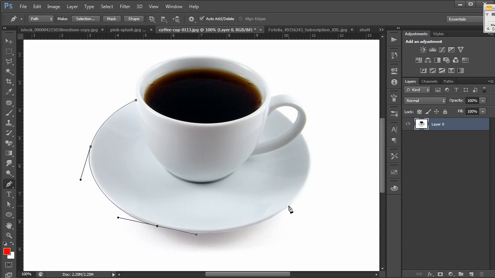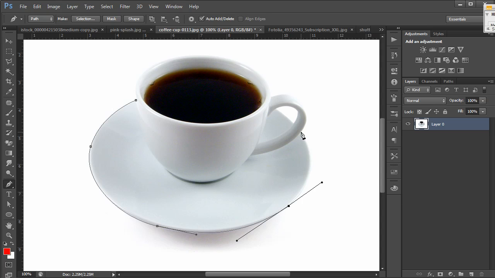So I'm going to go to a nice point over here that's a good distance away. Pull it out again. Now at this point, I'm a little concerned that I'm creating too big of a curve to go into that handle. So without releasing my click, I'm going to hold down the Alt or Option key on a Mac, and I'm going to pull the handle back towards my point. You'll notice that it isn't affecting the other handle at the moment. When you hold down the Alt or Option key, you can adjust one handle independently, and that's really useful when you're creating paths. All right, I'm going to let up that click